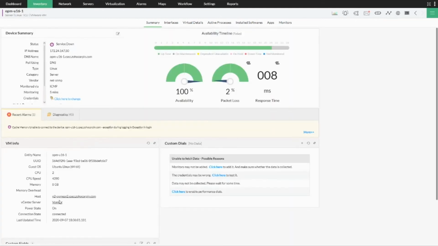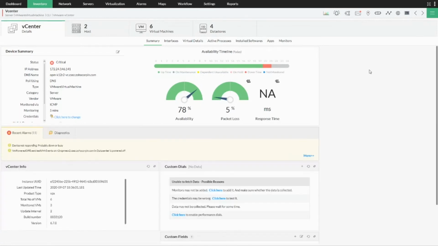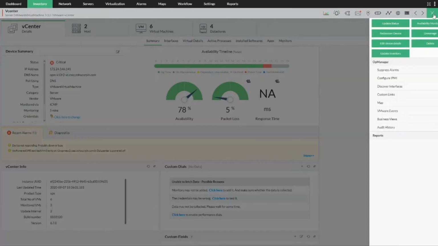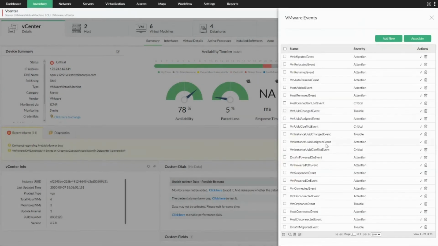And let's say I want to see the VMware events which are happening on my vCenter. I do have certain critical VMware events which I want to monitor. It's pretty simple. You can go to the vCenter directly, which is monitored inside OpManager, and click on VMware events. Under the VMware events, you can select the one which is pretty important for you.